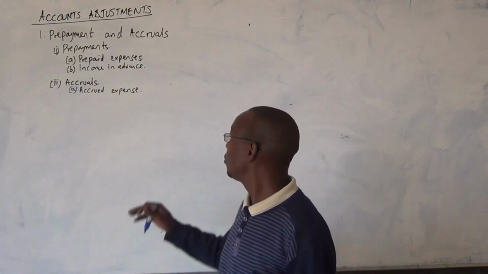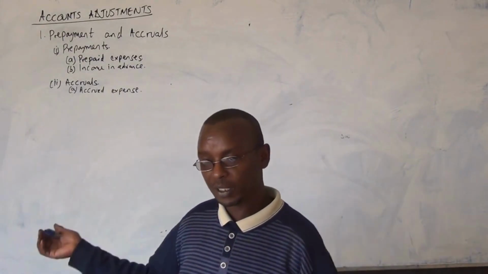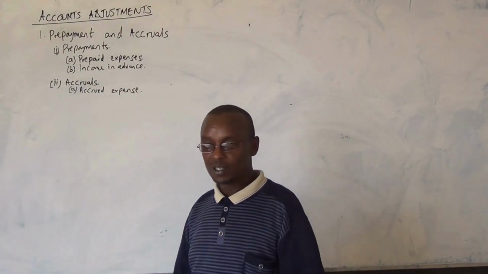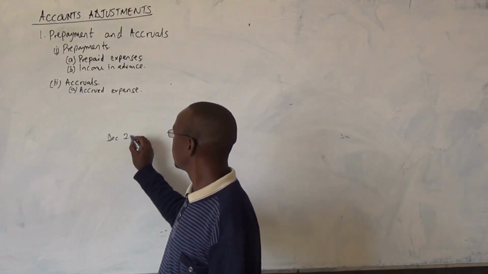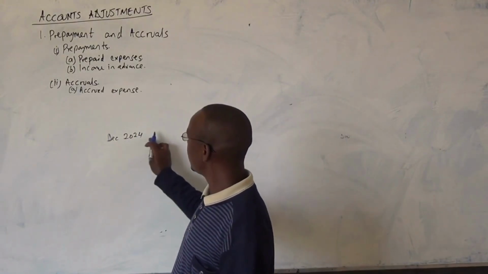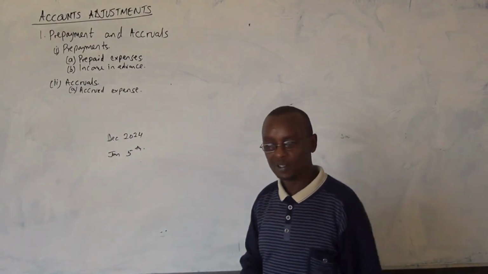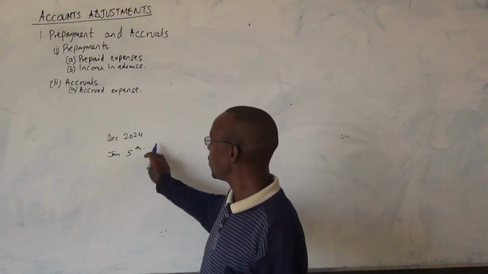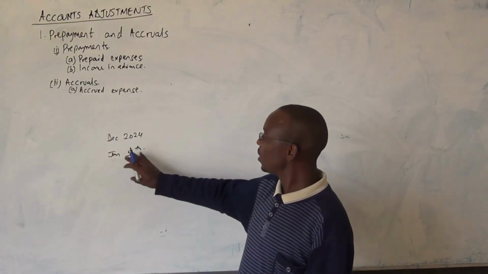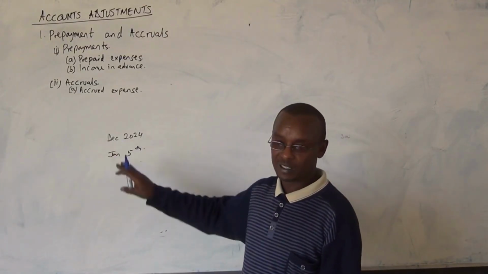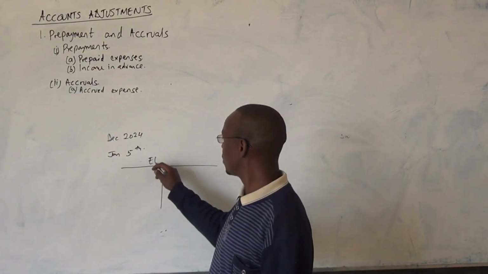So in this case, where we have accrued expense, an example is the electricity bill. You consume the electricity, then you pay later. So at the end of the year, in December 2024, the December bill came on January 5th. Okay? Or that is when you paid for the electricity. That is when. So this amount, you have already incurred it. So in the part of expense, if it is electricity expense here,